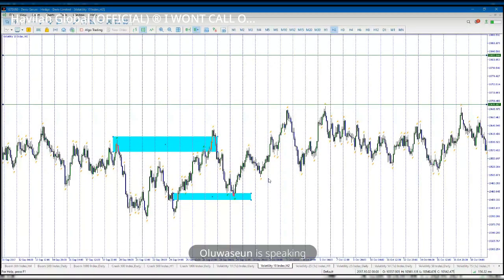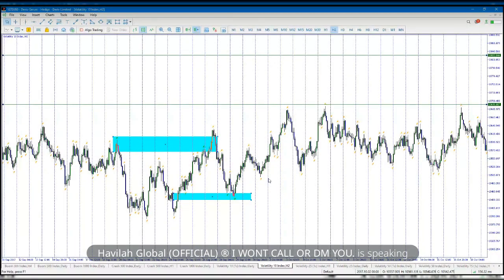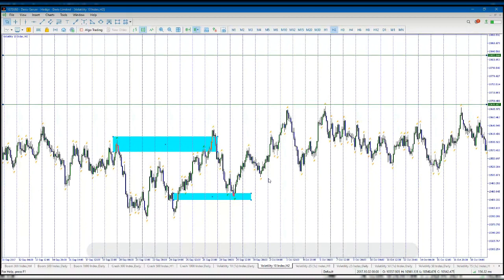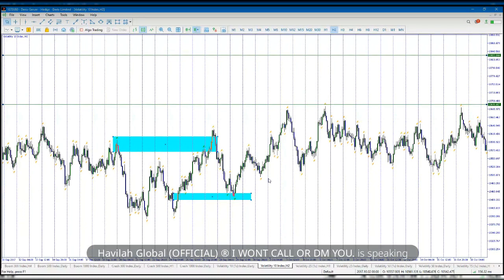So next time, if I see a setup on V10 with this knowledge, I may not put my entry at the fill of the imbalance. I can do 50% of the imbalance or the open of the imbalance, because from the past behavior of V10, I've been seeing that it consecutively avoids filling up imbalances. If you don't backtest, you won't get this information.